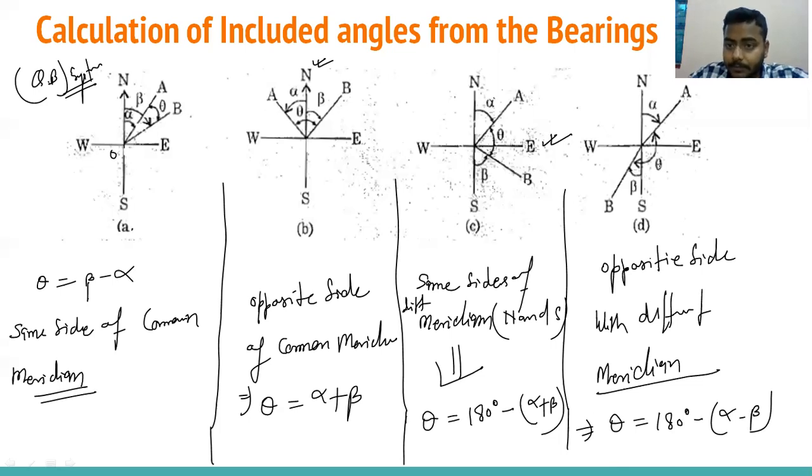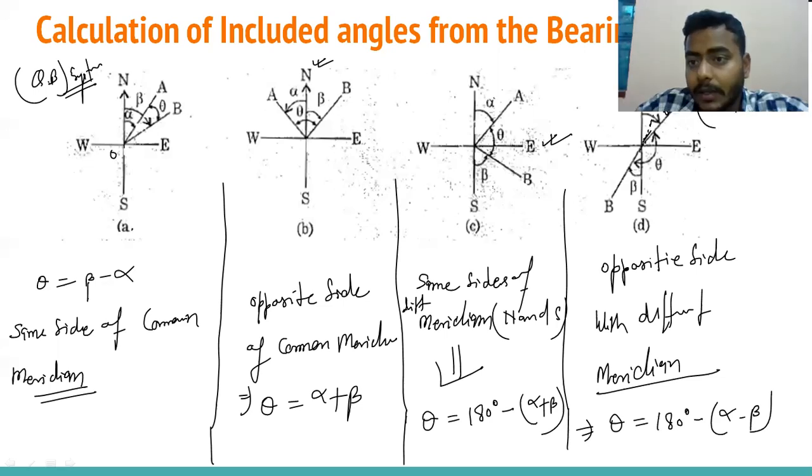See, suppose I draw a line here. I'm drawing to understand this. So this is called beta. So alpha minus beta, we calculate the difference, and then deduct it from 180 degrees, and we will get theta. This angle from here to here is called 180 degrees, and this is called alpha minus beta.